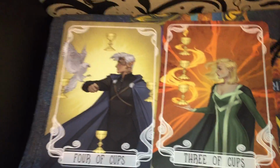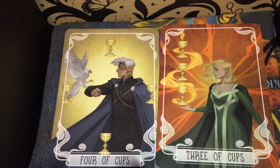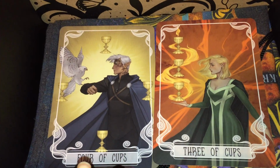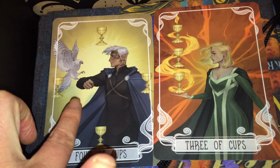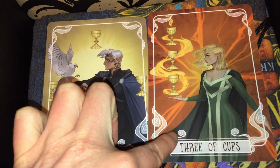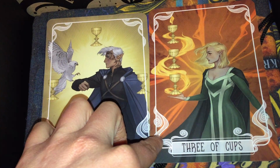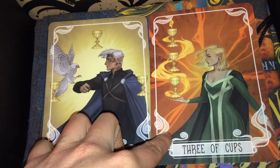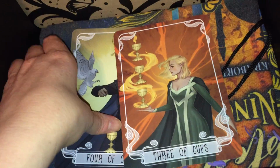So the next thing we've got is our tarot cards, and as you know, I don't tend to use these as tarot cards. I just collect them for the artwork. And this is continuing the Throne of Glass series from what I know. I'm pretty certain this is Rowan and Aelin from Throne of Glass, our main characters. And yeah, they're very, very pretty as per usual. I really do